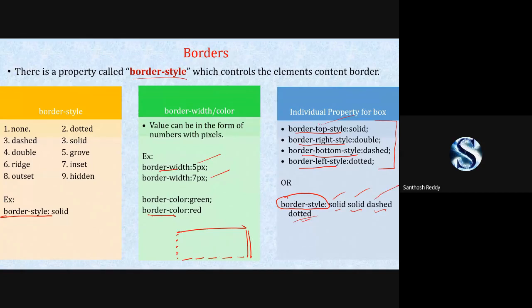All 4 values can be assigned to a single property, and by default it takes the first as top, the second as right, the third as bottom, and the fourth as left. Is it clear for everyone? Yes, sir.